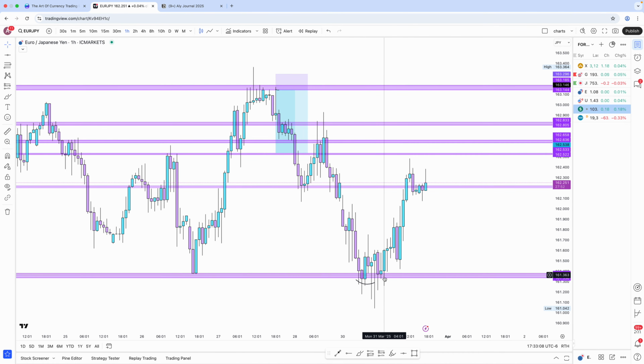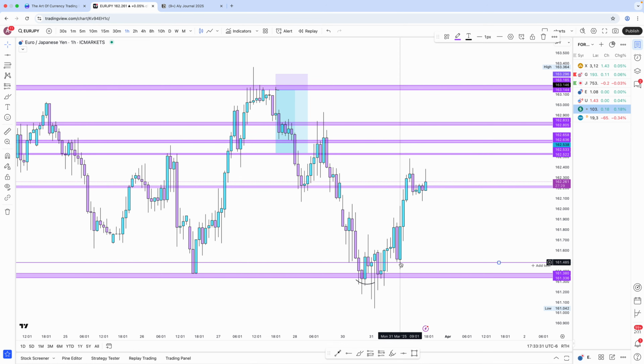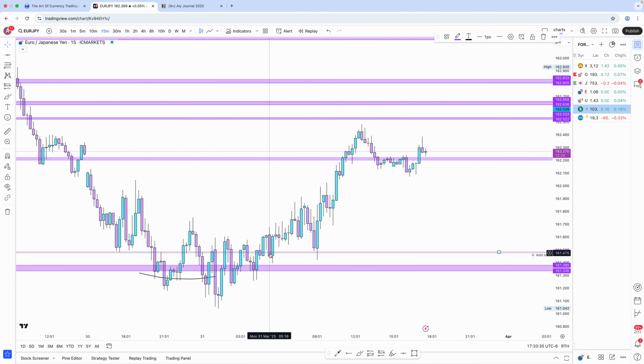So again, to avoid this manipulation, there's two things you can do. Wait for London to test in and wait for it to fully close above the 336 and 380. Another thing you can do is count up. From 380 to, for example, 480, that would be 10 pips. So you can wait until this area clears, wait for this to break and test. It tested once and twice at the 480. If we go down on a lower time frame, you can basically get that price action on a lower time frame.